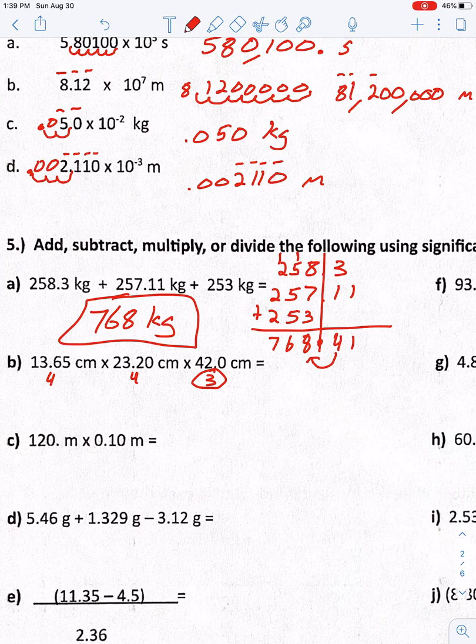Okay. So then you just go to your calculator and we're going to do our math. So 13.65 times 23.20 times 42.0 gives me the number 13,300.56. Now, I can only have 3 significant figures, so I'm going to start from the left. 1, 2, 3. Draw my line. This 0 is going to tell me that 3 is not going to round up. So my answer would be